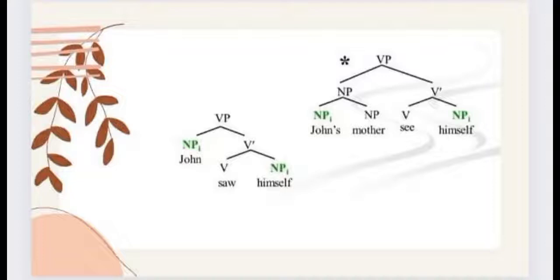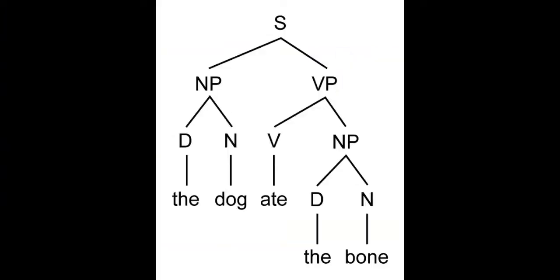The second rule reads, a noun phrase consists of an optional determiner followed by a noun. The second parse tree is, John's mother saw himself. It is impossible to assign the same referent, John and himself, in the second and third sentences. We can observe that there is something wrong. There are various specific configurations in which pronouns, anaphors, and R-expressions must be used. Even though both he and himself could refer to John below,